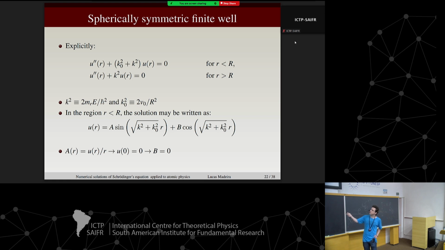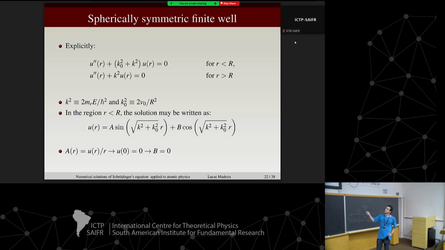Here I defined k square, the usual k square, just putting here the reduced mass, and I defined this other k0, which is related to the parameters of the potential. It's related to the depth of the potential and its range, okay? But it's just a matter of defining my constants. And I defined those such that k0 has the correct wave vector units, okay? Can everybody see that these equations are exactly the same that I wrote in the previous slide? Okay, good.